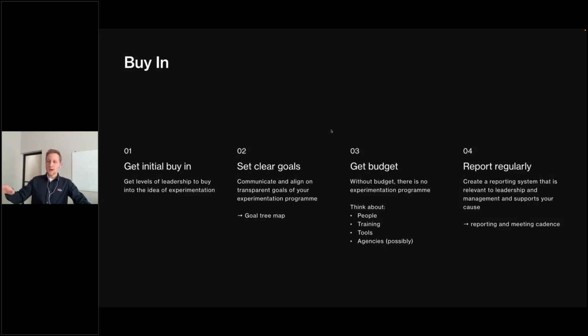And I also added in agencies, because especially if you're not there yet, you need some kind of budget. But budget also extends to people. If you want to grow experimentation across the company, there might be new roles you need to hire for. And while I could make an entire presentation solely about how to budget for experimentation and the kind of teams you need, or the kind of teams that can really help,